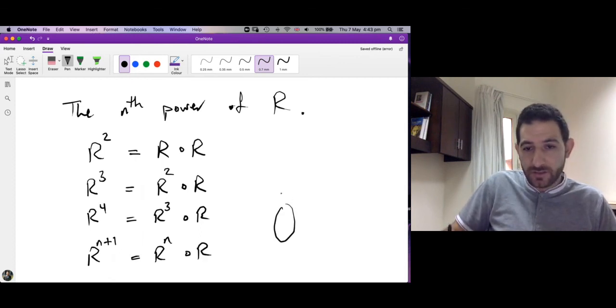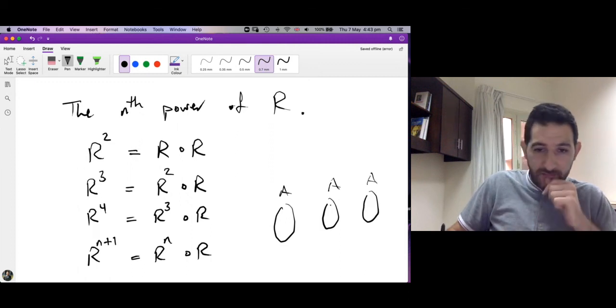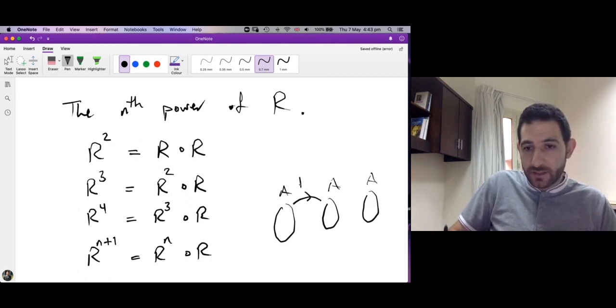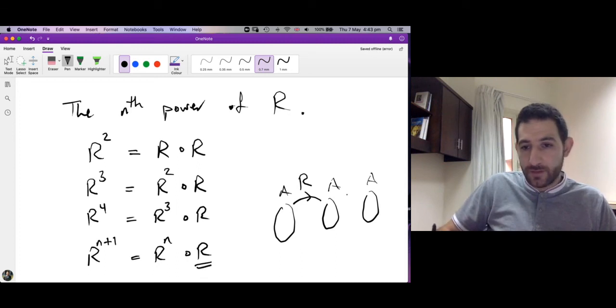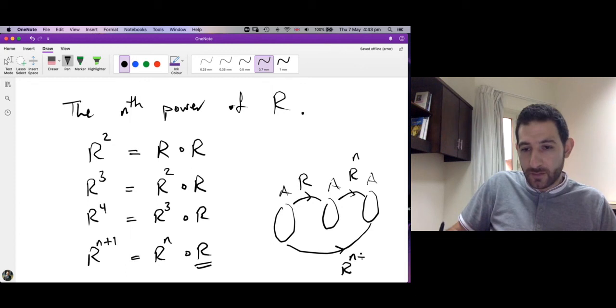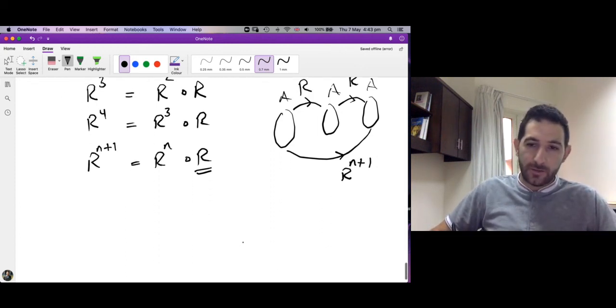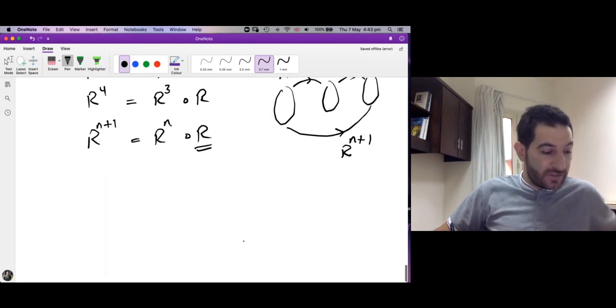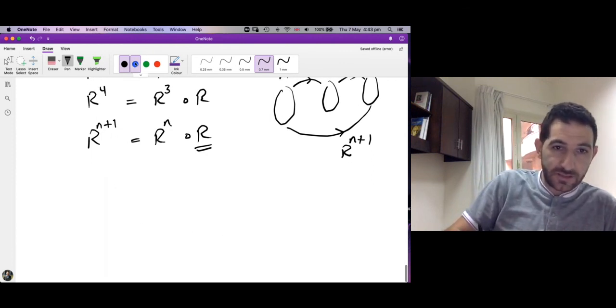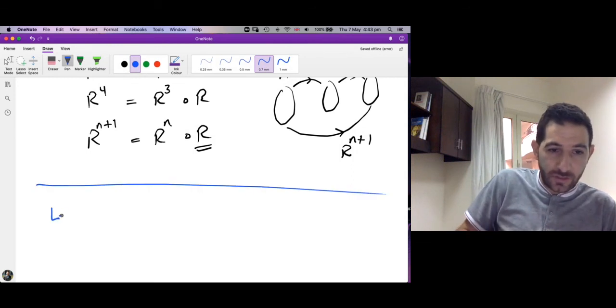So here you imagine this is A, and A. And first we have the relation R from A to A, and from A to A we have R to the n. You compose these two and we get the relation R to the power n plus 1. Okay, this is how we define the nth power. Now let me finish this session by stating a lemma, which I will leave for you to check,